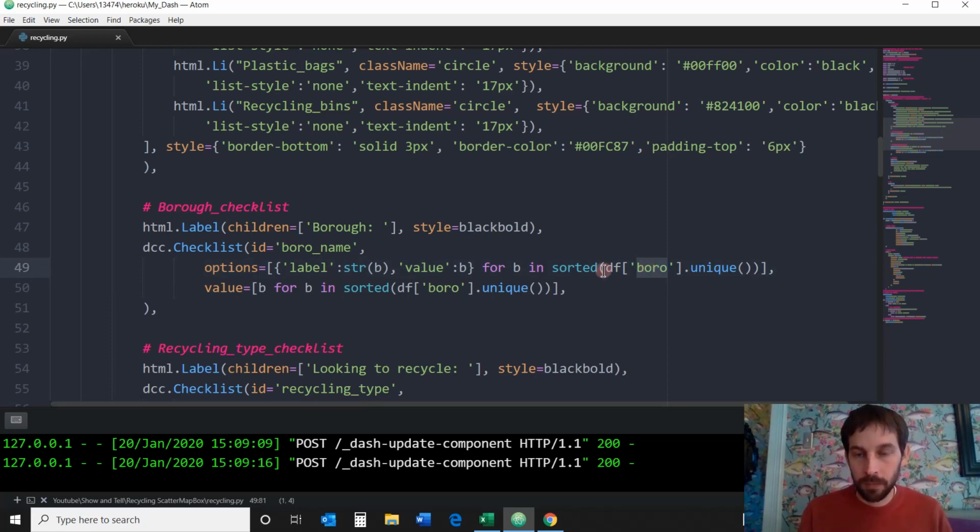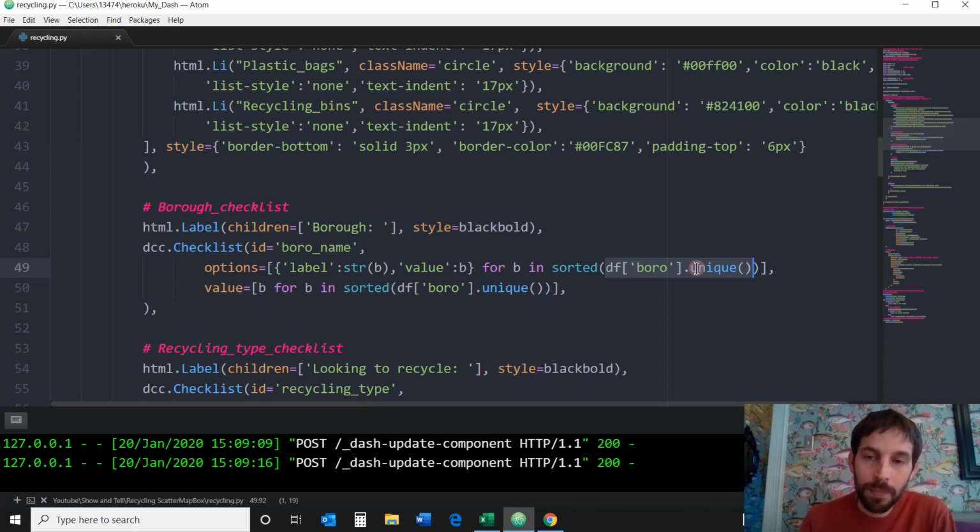So here I'm saying, give me the unique values of the DataFrame boroughs. So it's only going to be the 5 boroughs because NYC only has 5 boroughs, and sort them alphabetically. And for all these 5, insert them into this dictionary of labels and values. So in essence, this is our options